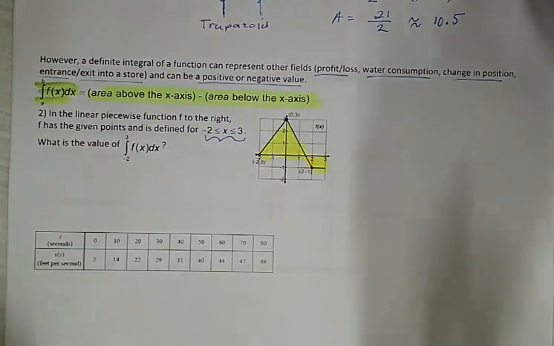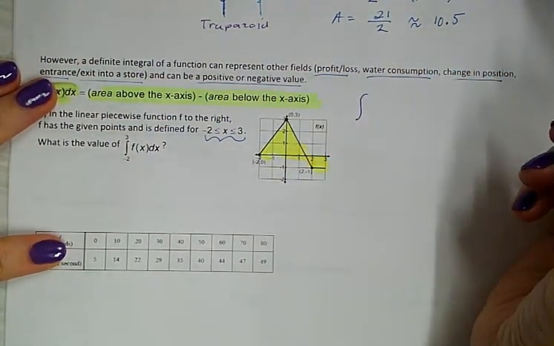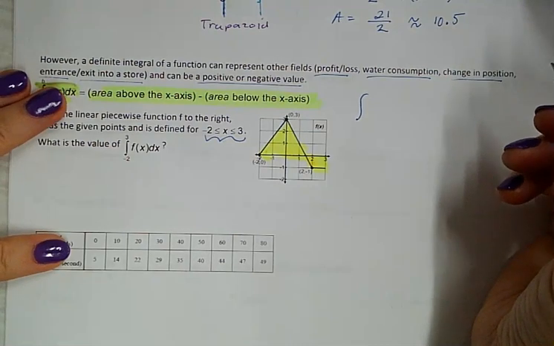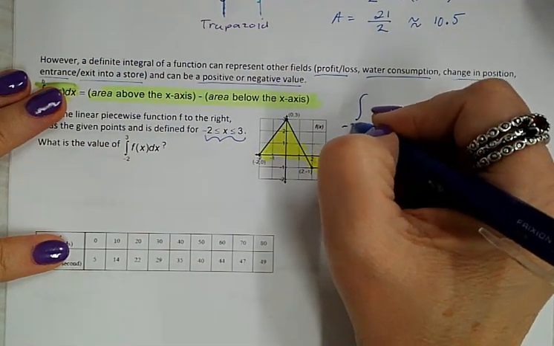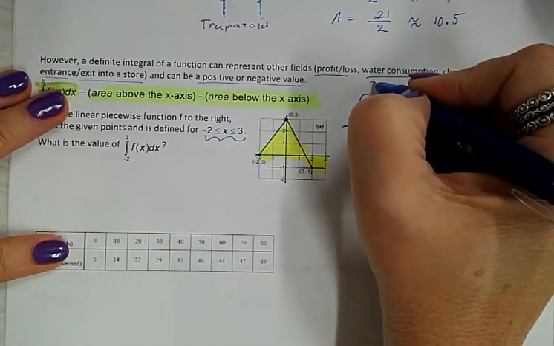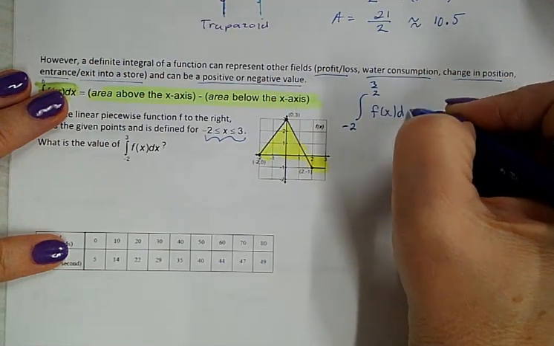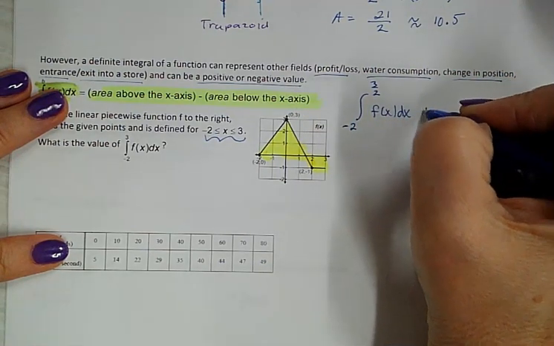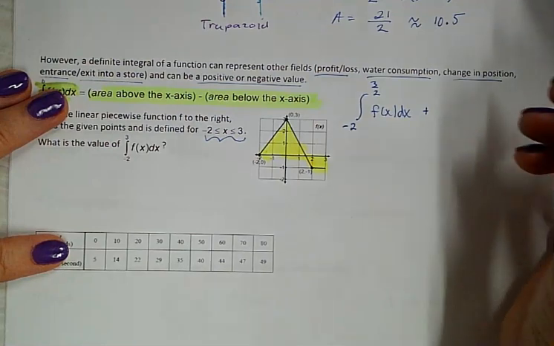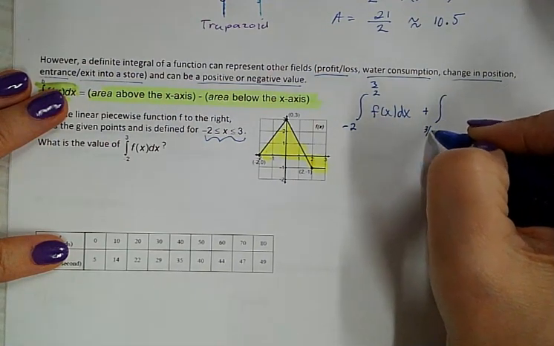So I'm going to break that up, and I'm going to write my integral symbol here to represent my first shape, which is a triangle, which is going to go from -2 to, it looks like 1.5, so 3/2 of f of x dx. Then I'm going to add to that an integral that's going to start at 3/2